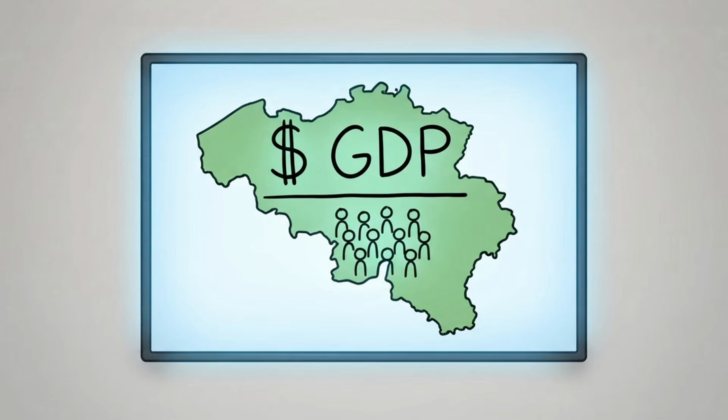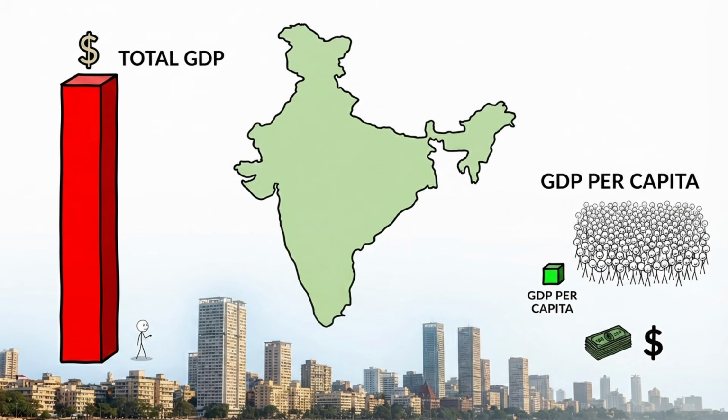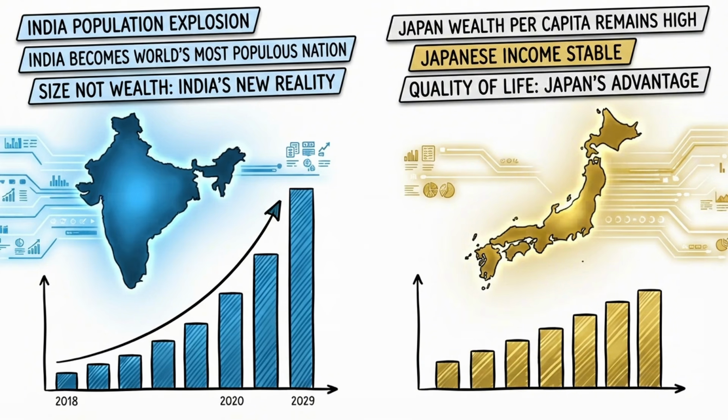Section 4, GDP per capita. This one sounds simple. Take a country's GDP, divide by the number of people. Done. And it fixes something huge. Remember our opening story? India is a top 6 economy by total size. But divide by 1.4 billion people, and India's GDP per person is around $3,000, roughly 140th in the world. Japan's is about 36,000. So India passing Japan was never a story about wealth, it was a story about size. Two completely different things, and headlines almost never tell you which one they mean.